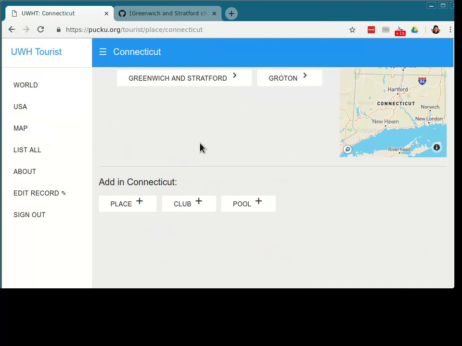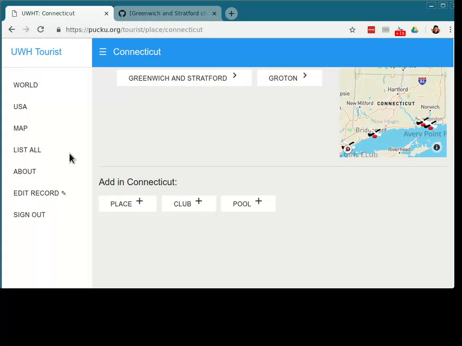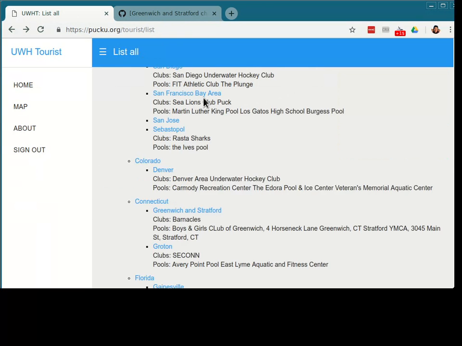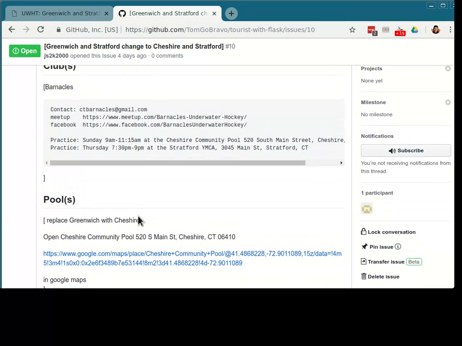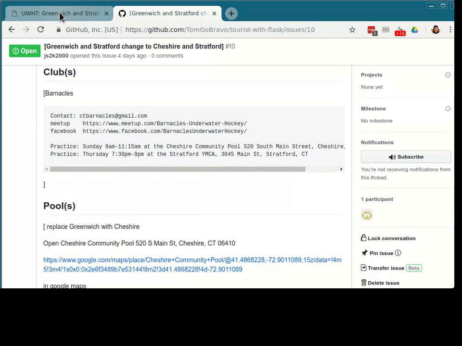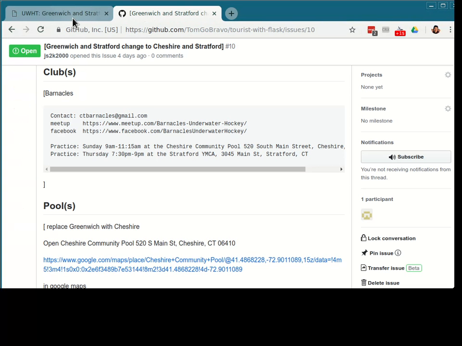This is the Connecticut page as it is right now. Clubs, barnacles. So the barnacles, go back to all of them. So the barnacles are here in Greenwich and Stratford. Replace Greenwich with Cheshire. Okay, so here's the Greenwich pool, and I guess they're saying to remove the Greenwich pool and add this new Cheshire pool. So let's go and